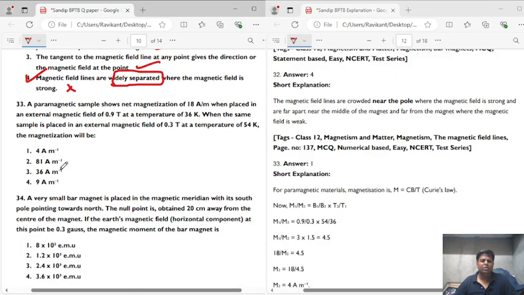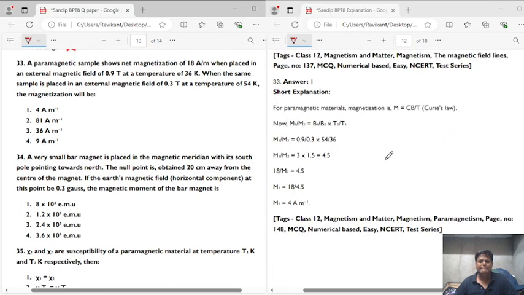So now let's get into question number 33. Question number 33 says that a paramagnetic sample shows net magnetization of 18 ampere per meter when placed in an external magnetic field of 0.9 Tesla at a temperature of 36 Kelvin. When the same sample is placed in an external magnetic field of 0.3 Tesla at a temperature of 54 Kelvin, the